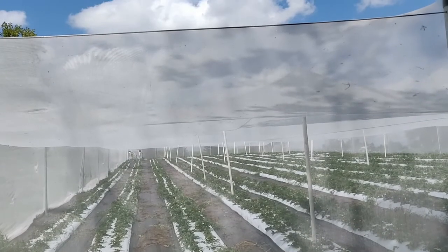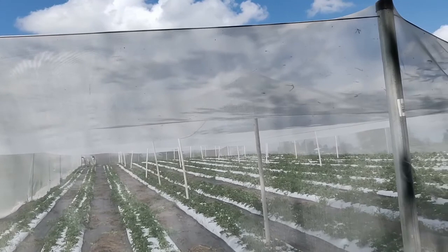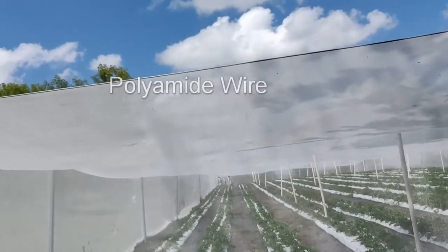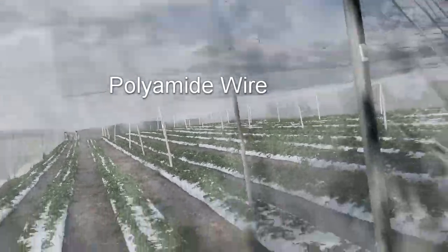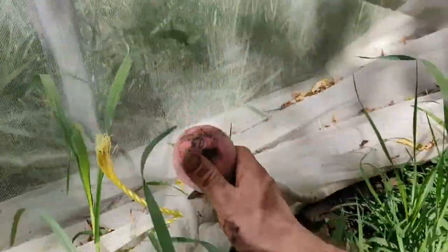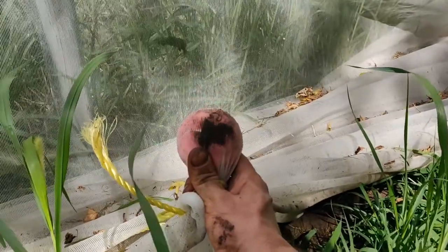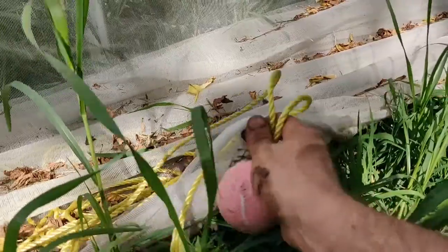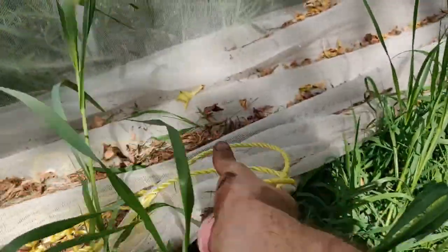Now, to actually drape the net over this entire support system after you put the poles in the ground and the wire strung up over everything, it's pretty similar to how you drape plastic over a high tunnel. What I do is I take a tennis ball, wrap it on one side of the net after it's bunched up on one side of the field, tie a rope around that tennis ball so you've got something to grab onto,